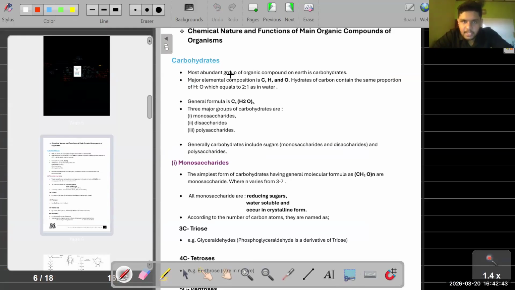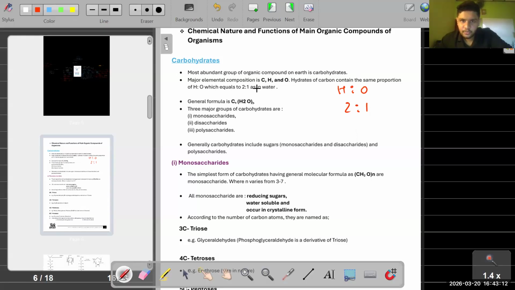most abundant, which means the most common group of organic compound on earth, is carbohydrates. Major elemental composition is carbon, hydrogen, oxygen. So carbohydrates are made up of these three elements: carbon, hydrogen, oxygen. Hydrates of carbon contain the same proportion of H to O ratio. So normally carbohydrates have this ratio: the hydrogen to oxygen ratio will always be 2 to 1,